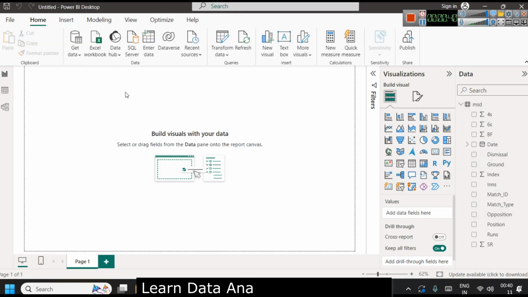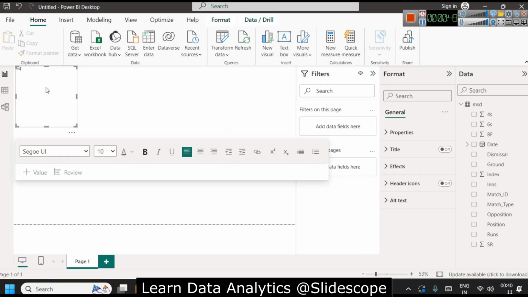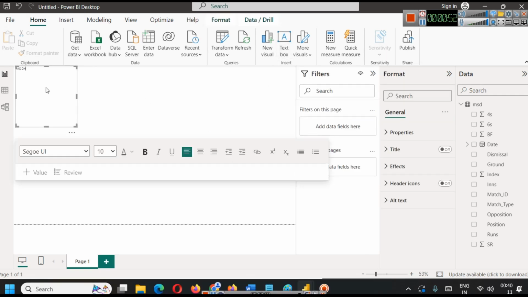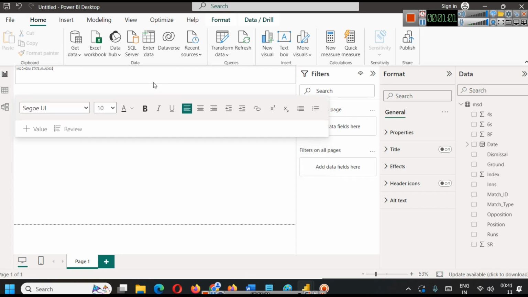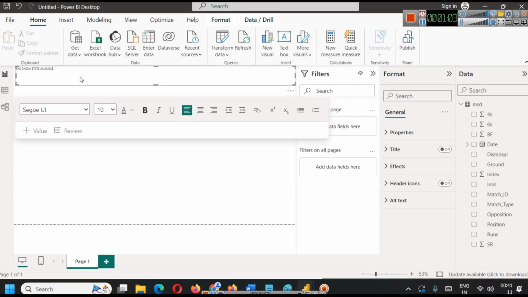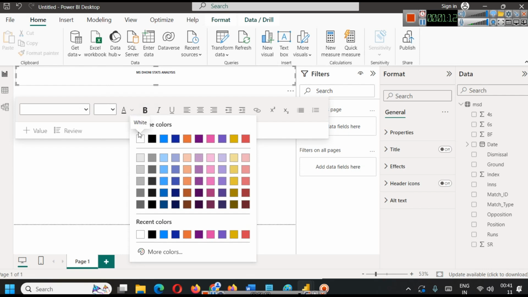First thing that we are going to do is name our dashboard. To name our dashboard, we will simply use a text box and simply call it MS Dhoni Stats Analysis, and we will simply resize it to full width, resize it in center, make it bold, use a light color for it,